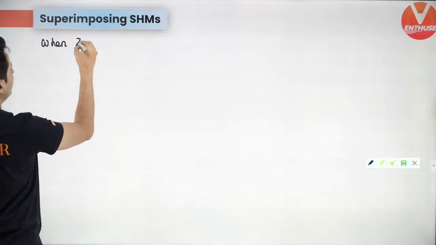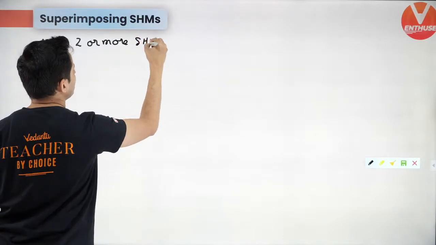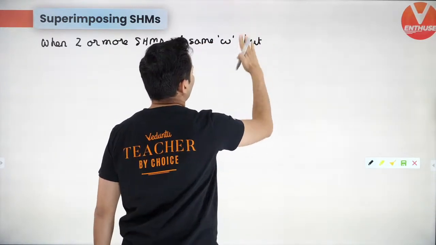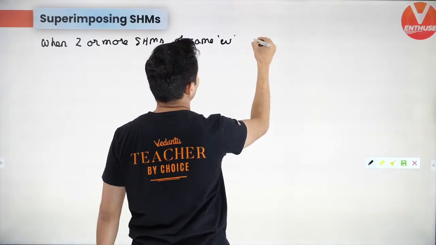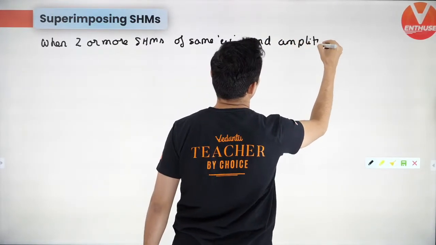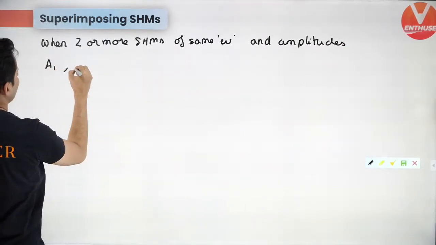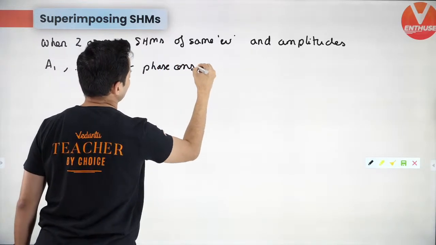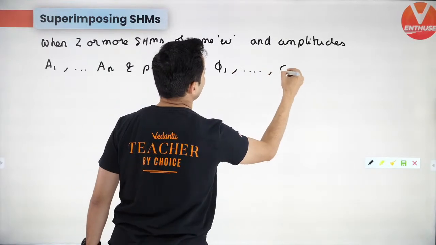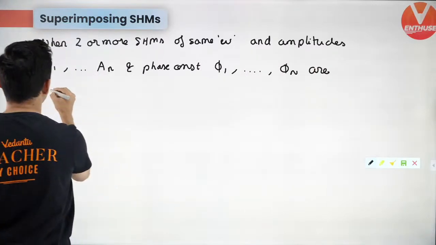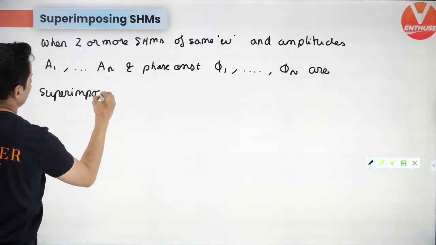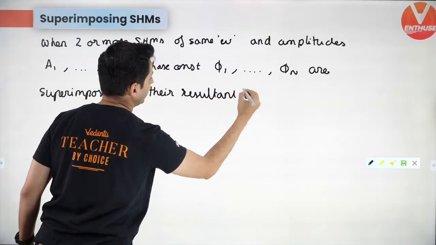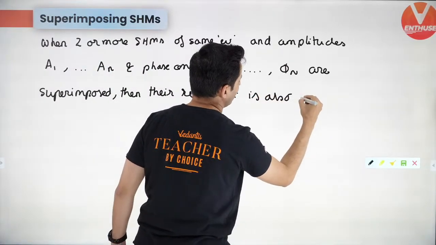When two or more SHMs of same omega, and they can have amplitudes A1, A2, AN and phase constants phi1, phi2, phi n are superimposed, then their resultant, very important statements coming up over here, is also a SHM